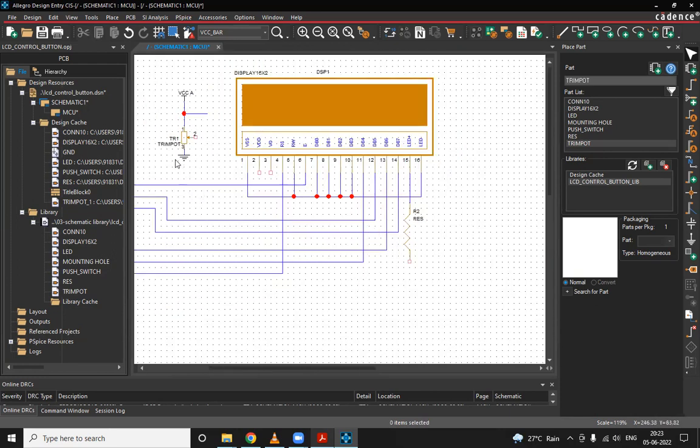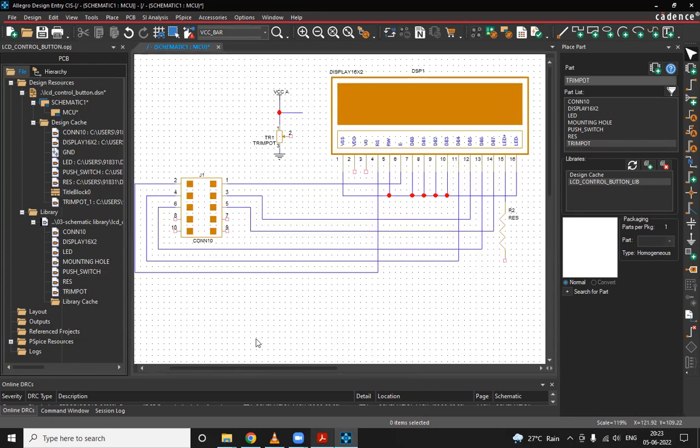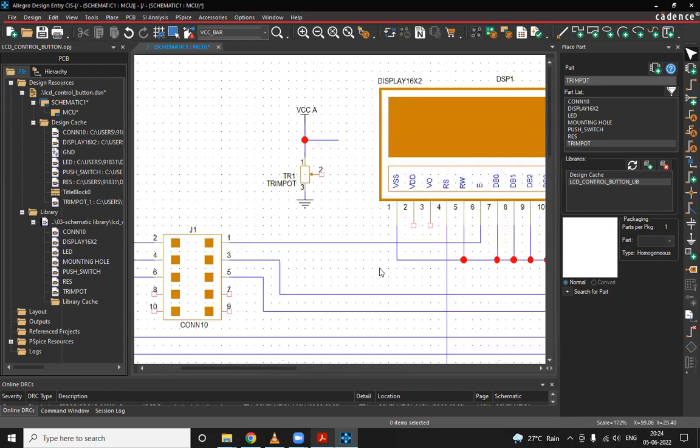See, earlier how it was looking, now you see how it is looking. So at last we can reduce the complexity of the circuit by our technical mind. Okay. Now, if you see here,